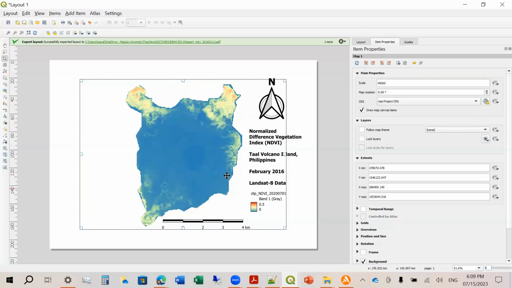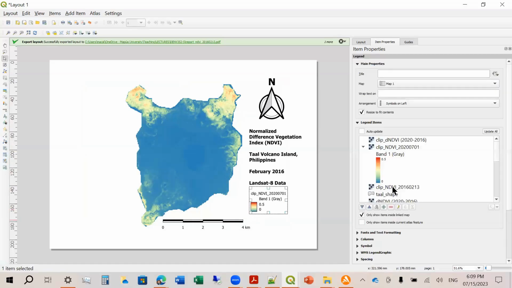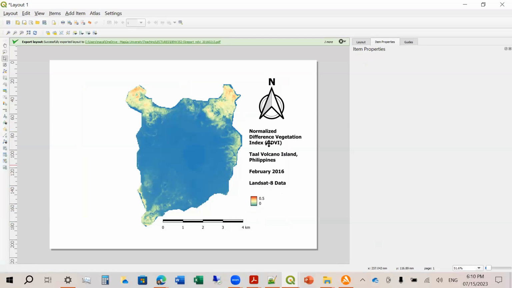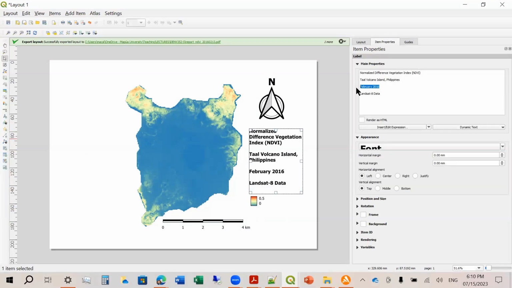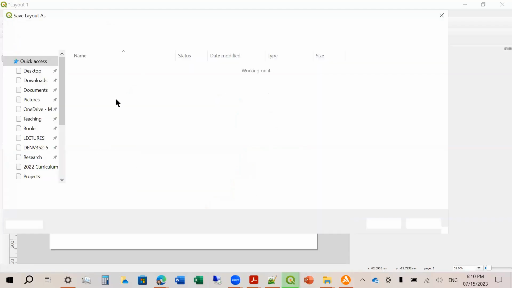So it has changed. Since we already set that the color is 0 to 5, we can just change the legend to 2020. So hidden. Then double click this one and hit space. And then we just change this to July 2020. And layout, then export as image if you want.